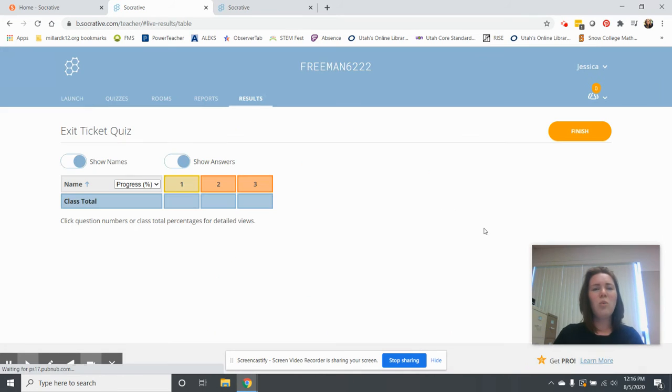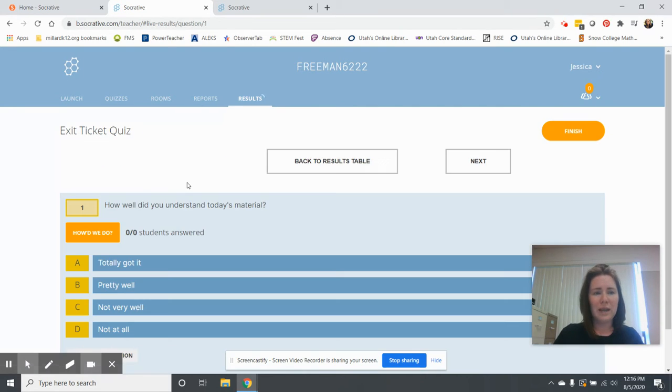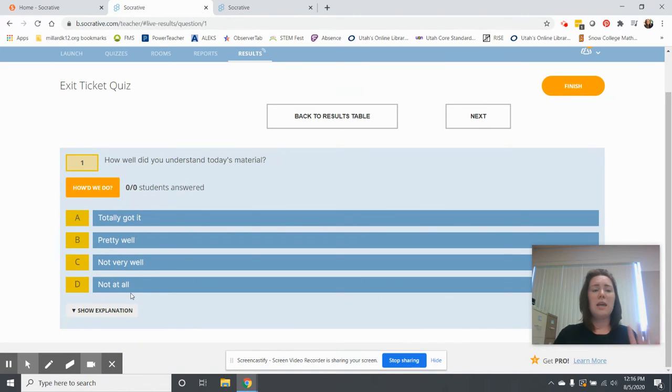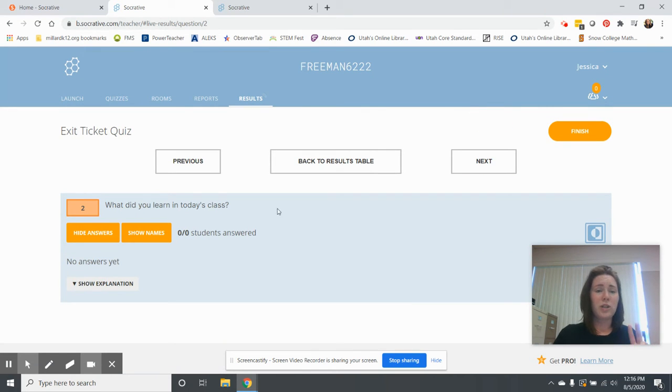Exit tickets always have 3 pre-made questions. Okay? The first question is always, how well did you understand today's material? And the students just choose A, B, C, or D. So it's not like a correct answer or wrong answer. The second question is always, what did you learn in today's class? And they'll explain or they'll type a paragraph or a sentence or a word about what you'd learned or talked